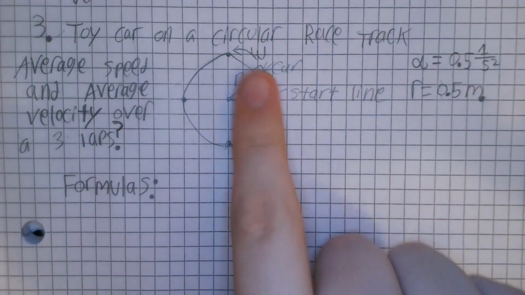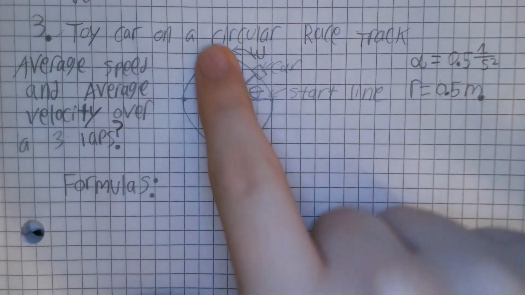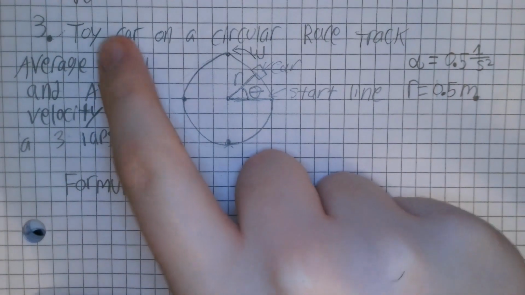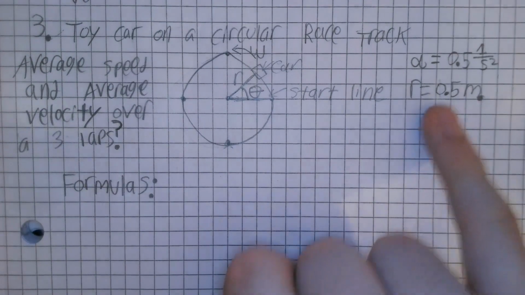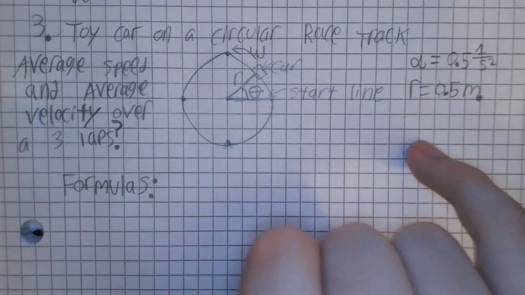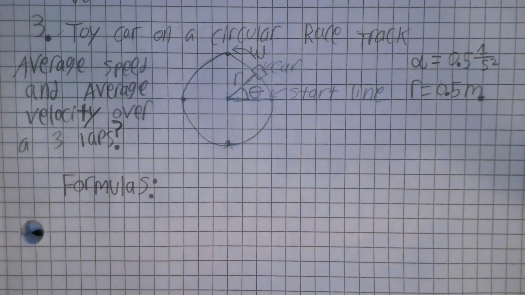Okay, here's our car, and it's racing along this racetrack. And the reason I put toy car is because this is not up to actual car speeds or measurements. Obviously, a car wouldn't race around a track that big. So just imagine like a Hot Wheel or something. So now what we can do